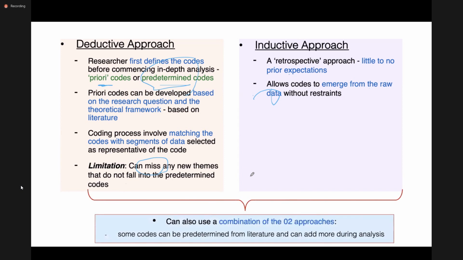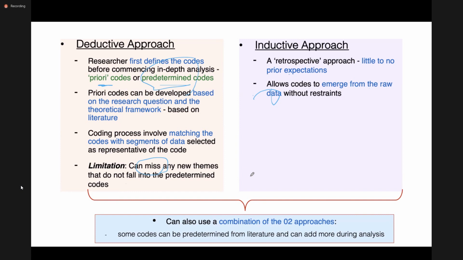So to address these issues, commonly people use a combination of these two approaches as well, sometimes known as an abductive approach. So you might start with a list of predetermined codes from your literature review, but you also keep an open mind to come up with any new inductive codes.